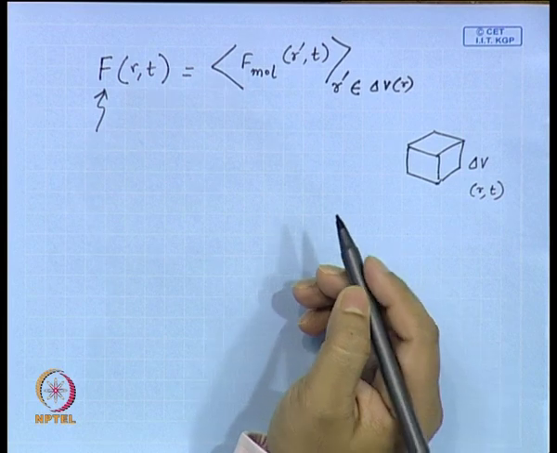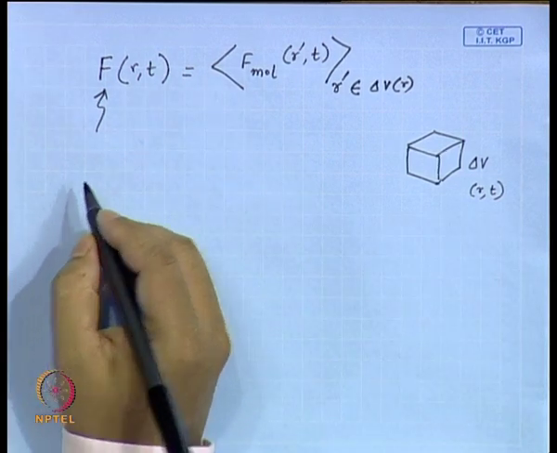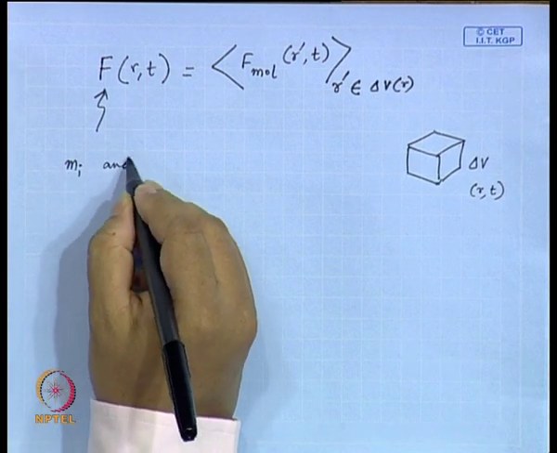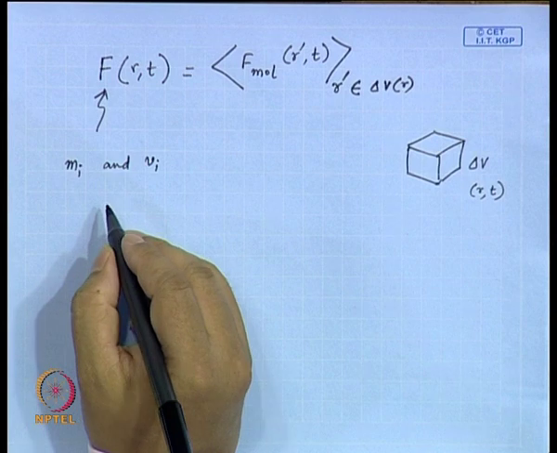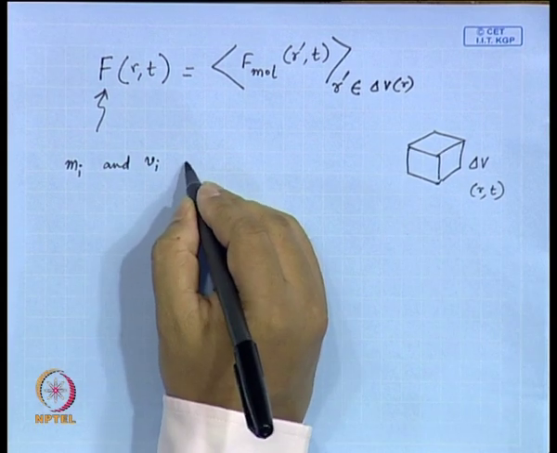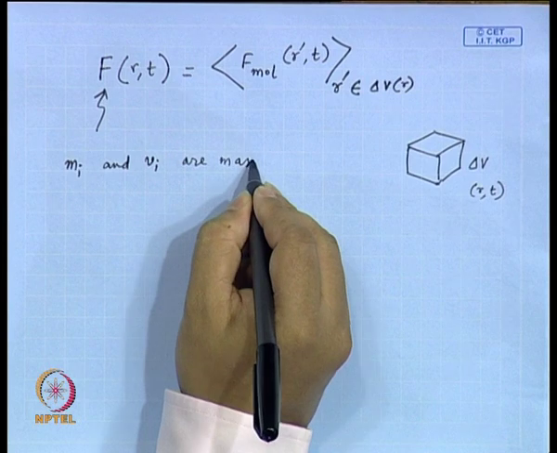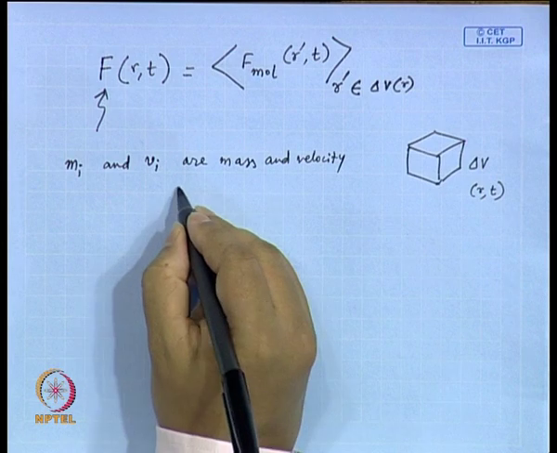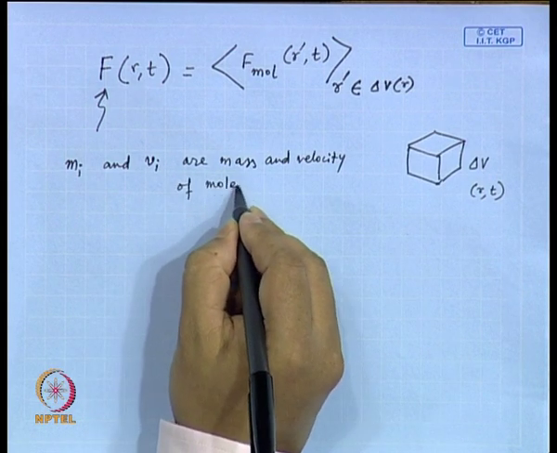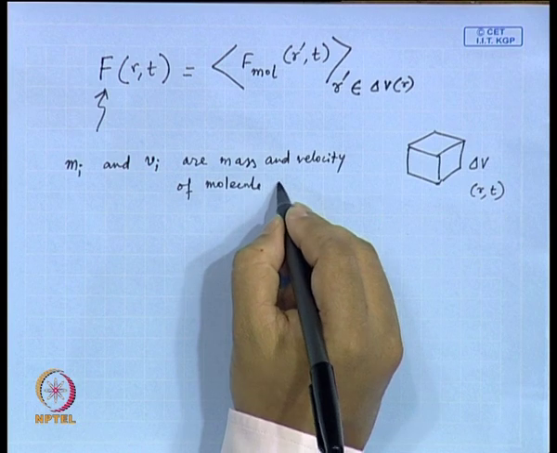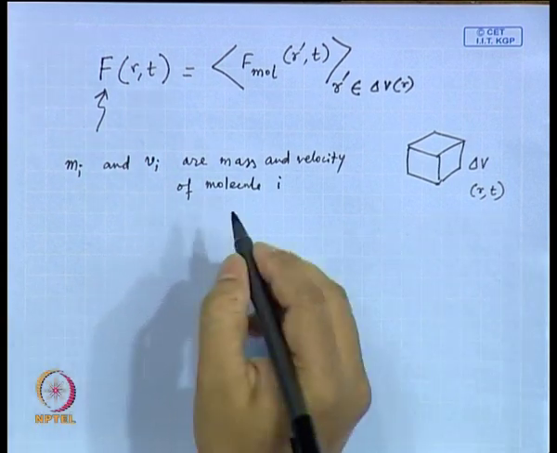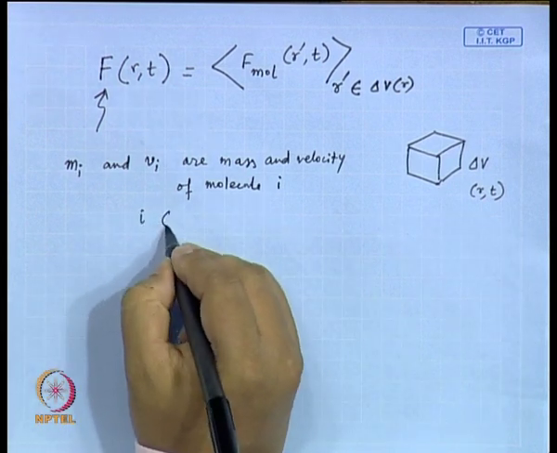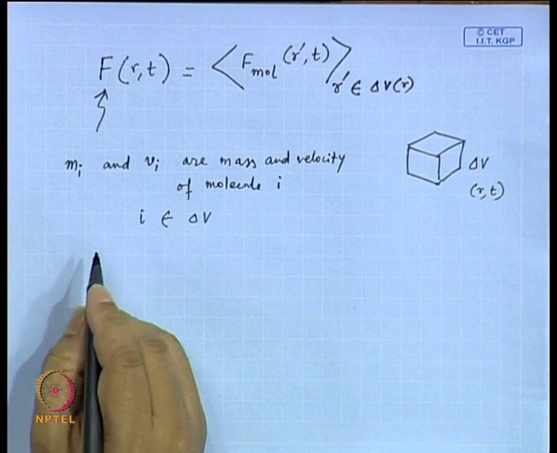All right. So, if m_i and v_i are the mass and velocity of molecule i, and if i belongs to delta V,